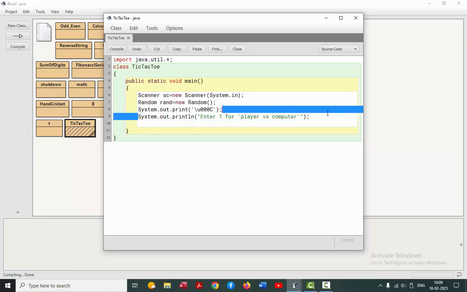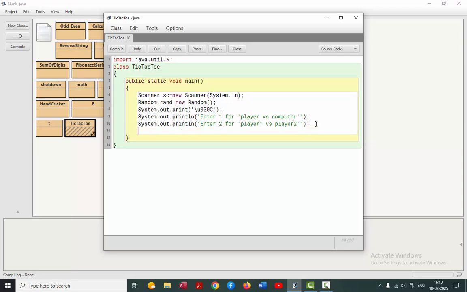Then I will type enter 2 for player 1 versus player 2, and now I will take the input. So let us take a variable and let us take the user input,